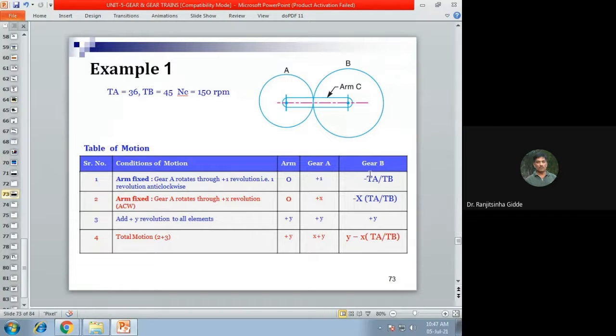बी च्या कॉलम मध्ये जर बघितलं तर बी च्या रोटेशन साठी आपण इथं मायनस साइन इन्सर्ट केले. कारण हे बी चे रोटेशन आपण फाइंड आउट केलेत. कसे फाइंड आउट केलेत? एन बी अपॉन एन ए इज इक्वल टू टी ए अपॉन टी बी त्या फॉर्म्युल्याने. तर अँटी क्लॉकवाईज डायरेक्शन मध्ये रोटेशन होत असेल तर पॉझिटिव्ह कन्सिडर करायचं आणि क्लॉकवाईज असेल तर निगेटिव्ह कन्सिडर करायचं. समजलं का?